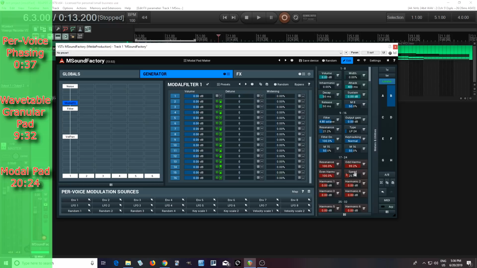And I can do the same thing with even harmonics. So if I move them both up like this. So you can hear there's a lot of things going on, and it's interesting. It's giving it some movement, and it's a random movement, which is interesting. Another thing I have in here is I can change the speed of it, obviously, but I can also increase the width like this. So now it's mono, but if I move it up,